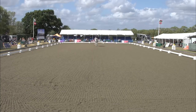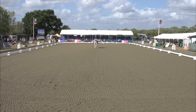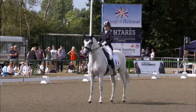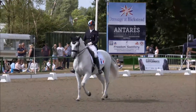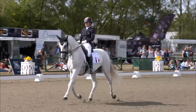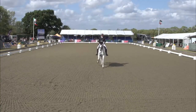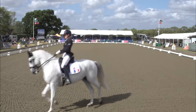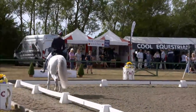A lovely jumping canter coming in. Possibly very slightly left his left hind out and a little bit inattentive in the halt. It didn't affect the move off, so a lovely impression as he comes down the centre line. To me, it could have attacked that corner a little bit more, but